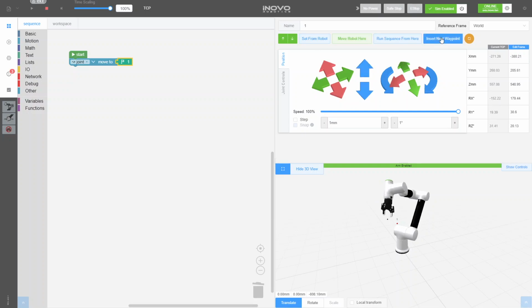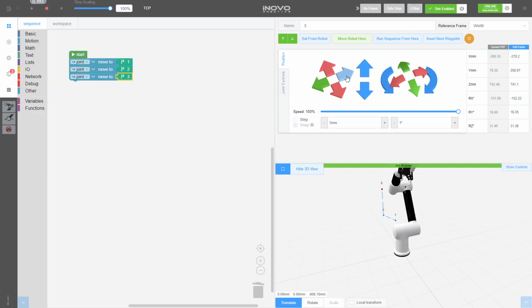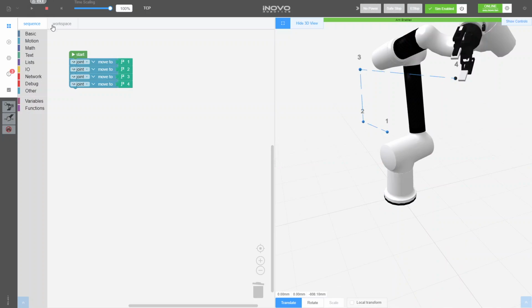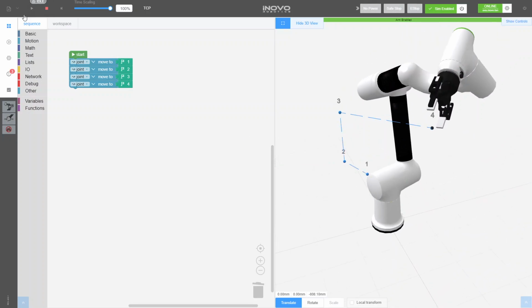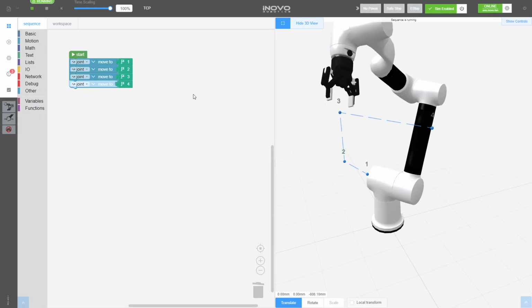So if I insert a new point there, you can see that it draws a line between those points. And then I can move up the arm, insert another one. I can move it back across that way and over here, and change the orientation and insert another one. So we've got 4 points in a row there. Now if I press the play button, the robot runs through those sequences, and we've essentially taught it a